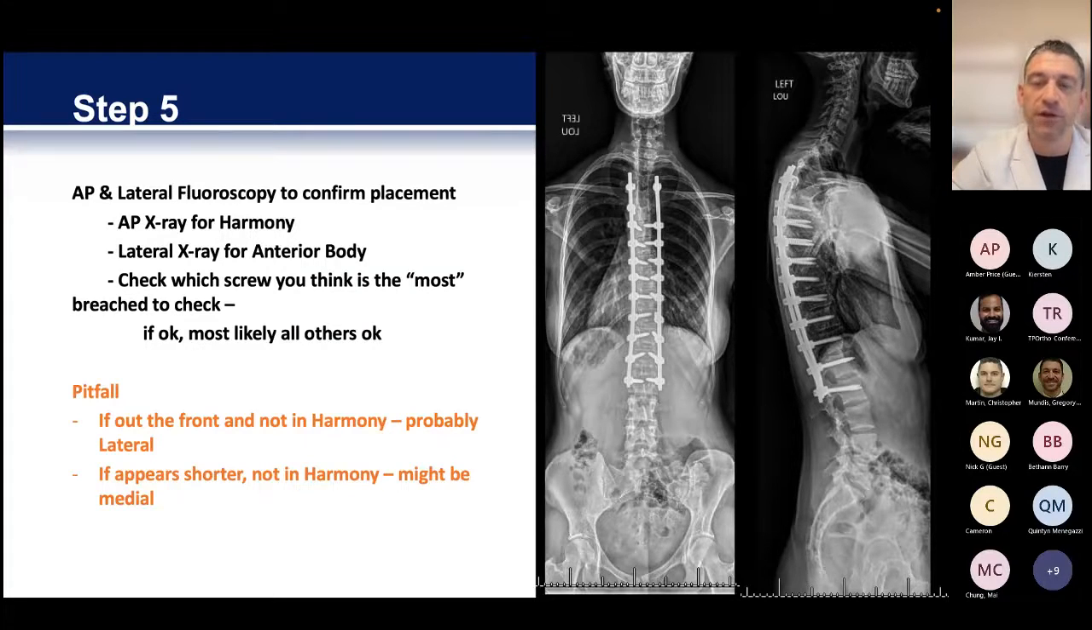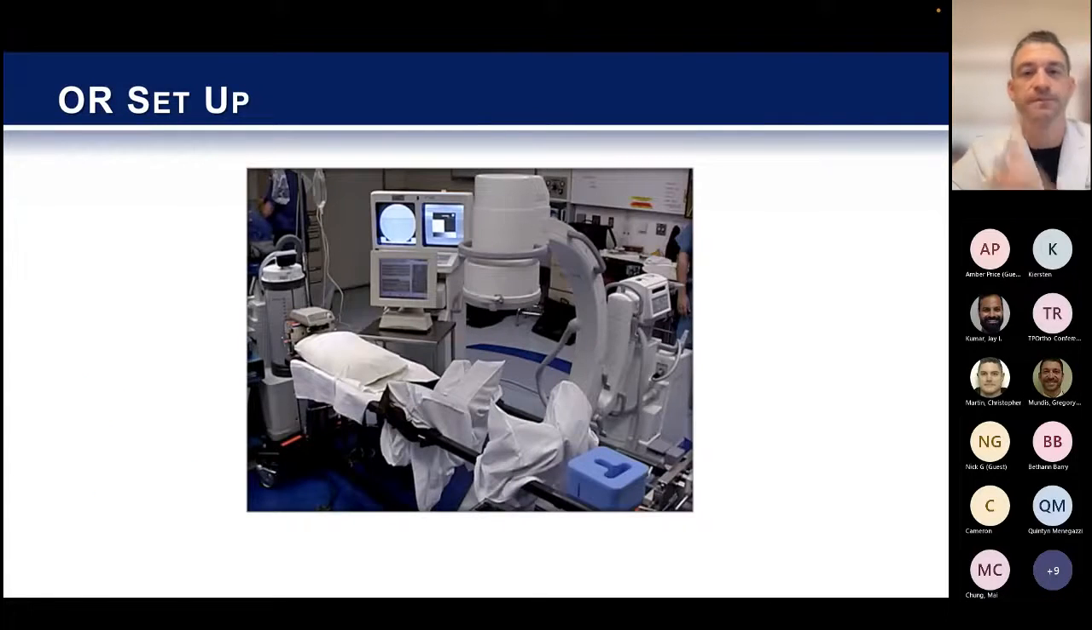If you have a couple of screws that look like they're off, always palpate the most off one, because it'll tell you if the others are off as well. Just a quick little setup. So if we scoot over to the fluoro-based screws real quick,